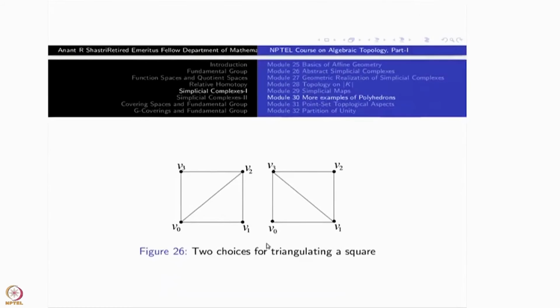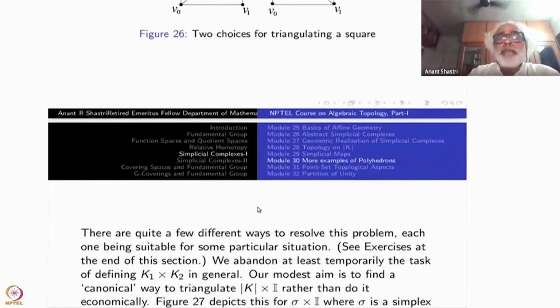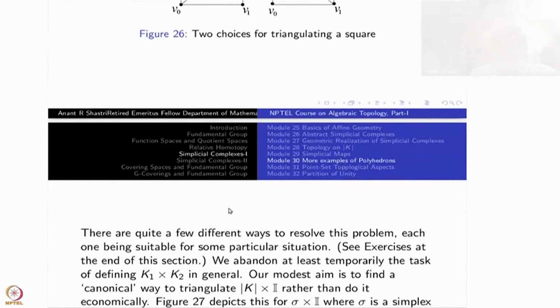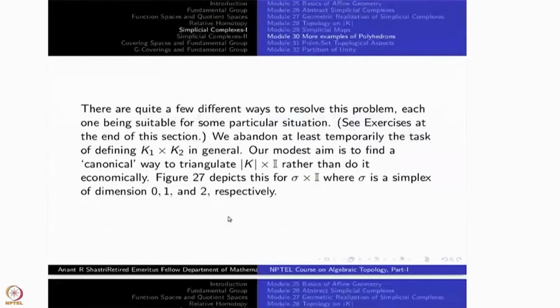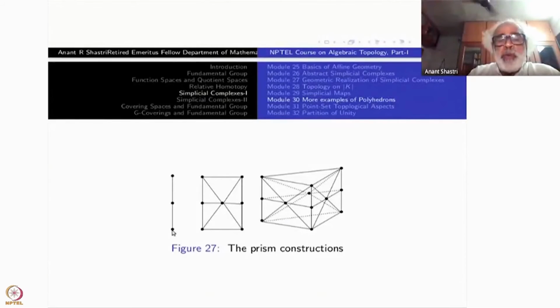Okay. So we want to solve this problem in a canonical way maybe by introducing a little more number of vertices and more edges rather than just sticking to just products, things like this. Okay. So this is what I want to do. So this is point cross I. Okay. The point cross I itself is a simplicial complex. Okay, because I is a simplicial complex. I is just one simplex.